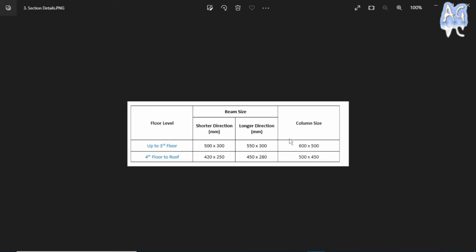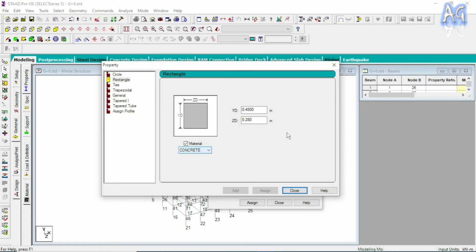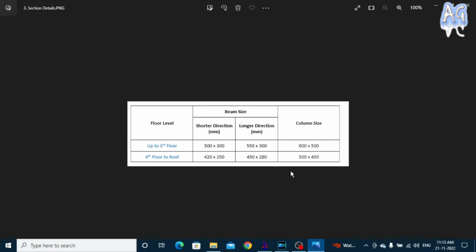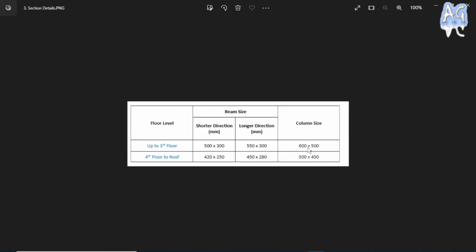Okay, so now I have added the beam section here. Now I have to add the column section here. Before adding the column member, first I'm going to check the orientation of the column member, because here the column dimension is 600 by 500. So this 600 dimension should be along the longer span,